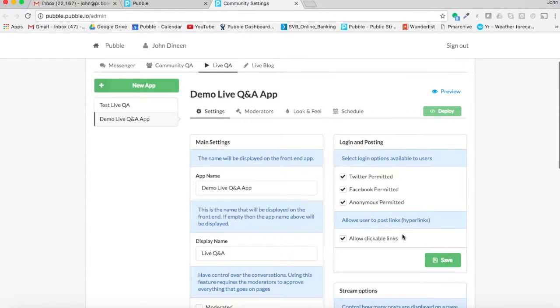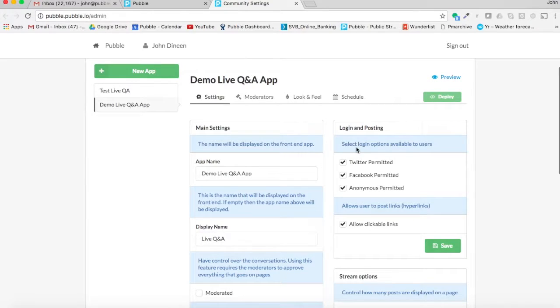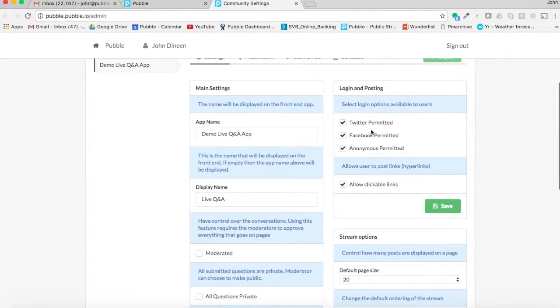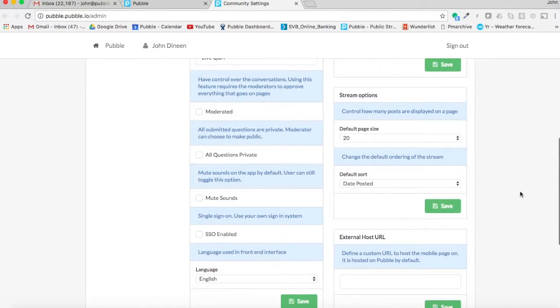Okay, this over here then: login and posting. Twitter, Facebook, anonymous, and those are the default ones. If you don't want to support, say, Twitter, you just uncheck it and click on save. The stream options then, that's the public stream, so the default size of the stream when it